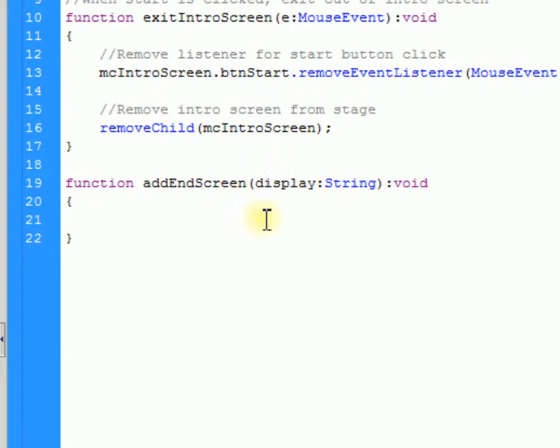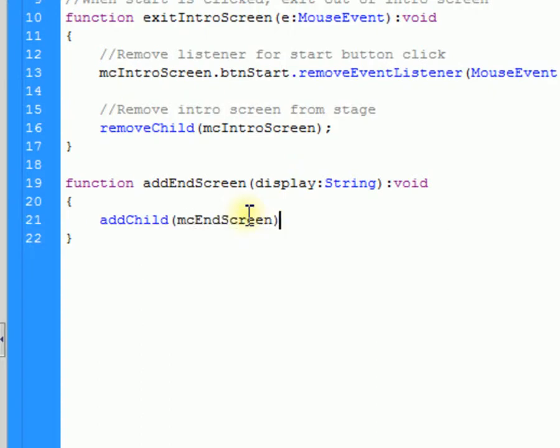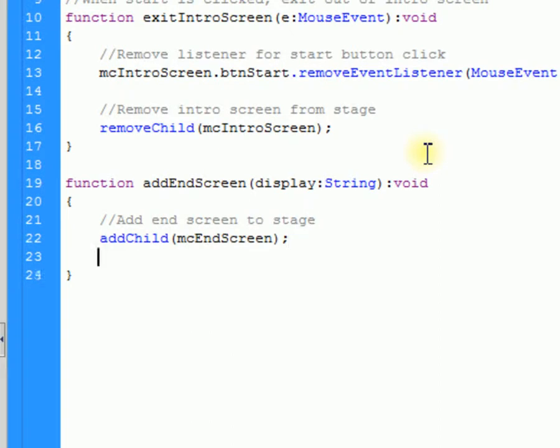But first, let's actually get our end screen to work. So the very first thing we have to do is add our end screen to the stage. So we'll say add child, MC end screen. All right, and we will add end screen to stage. Then we need to add our listener for